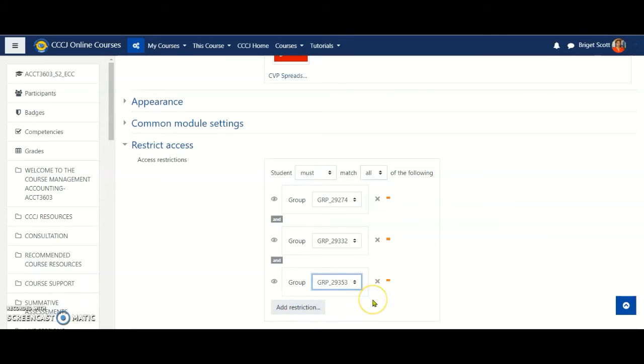I haven't quite finished yet though, and this is the update from the previous video. As it stands now, in order to access this document, students would have to belong to 29274 and 29332 and 29353. Now, no student is going to belong to all of these groups, and therefore you're going to find that your students will not be able to access the material. What you want to do is to adjust here. Students must match any of the following. What happens now is that students belonging to this group or this group or this group